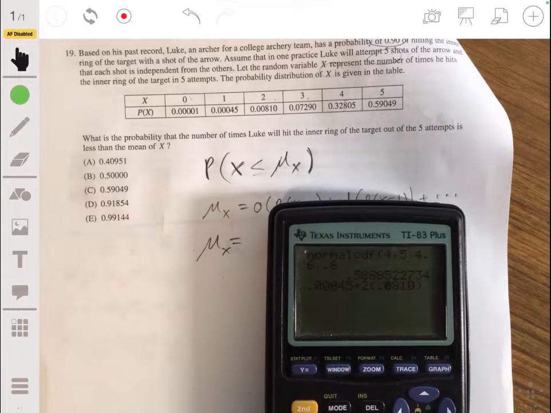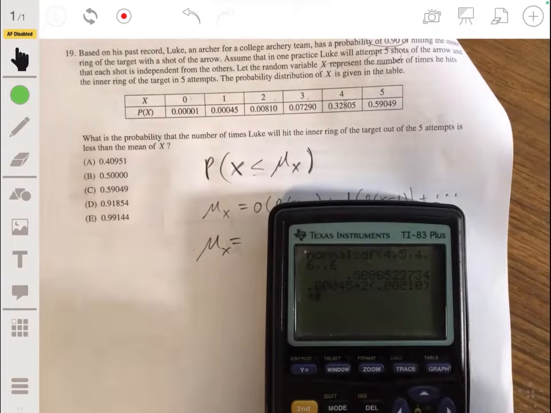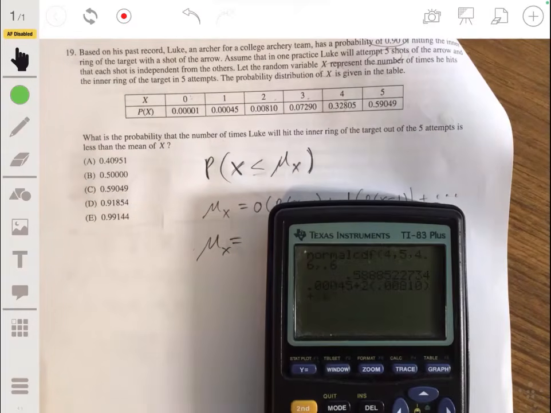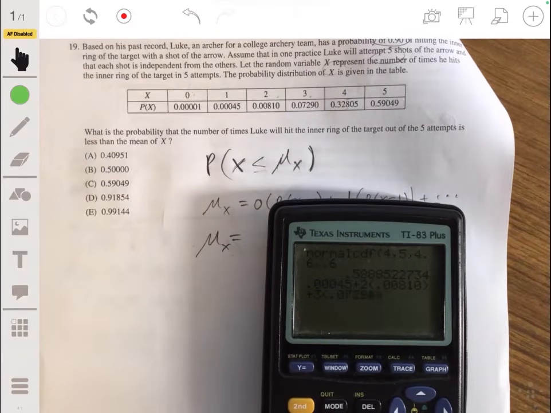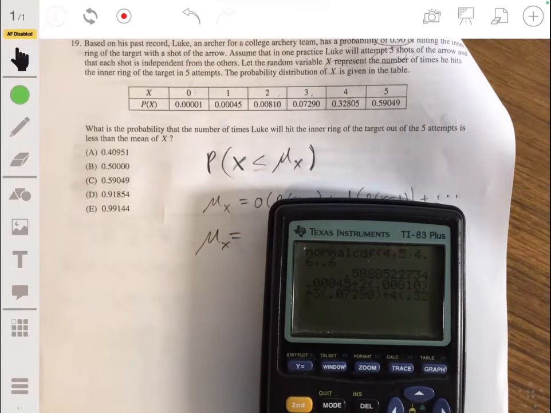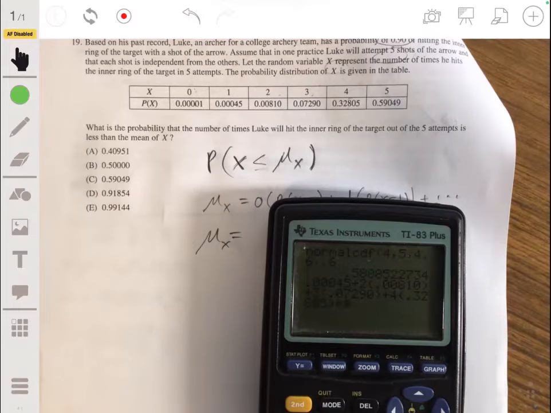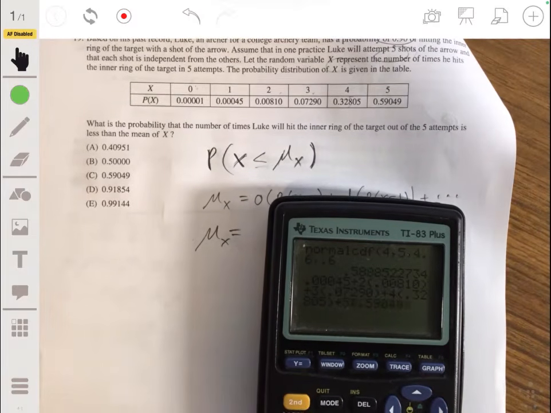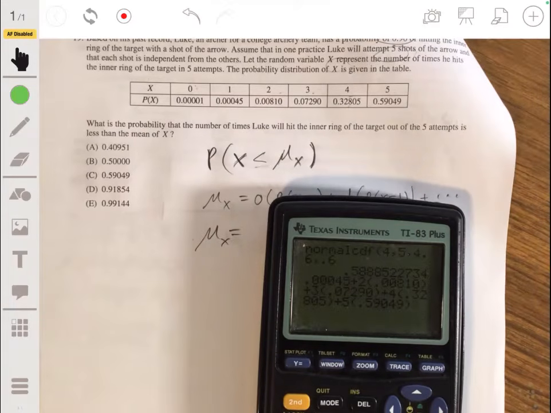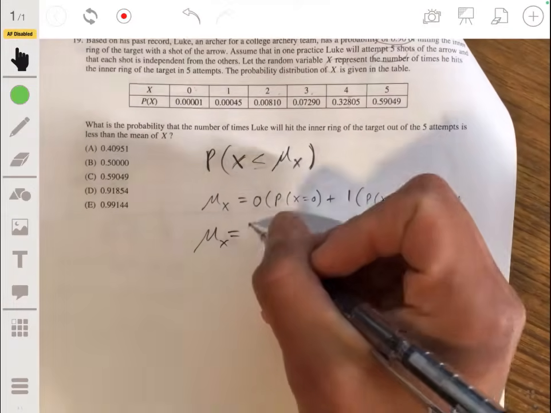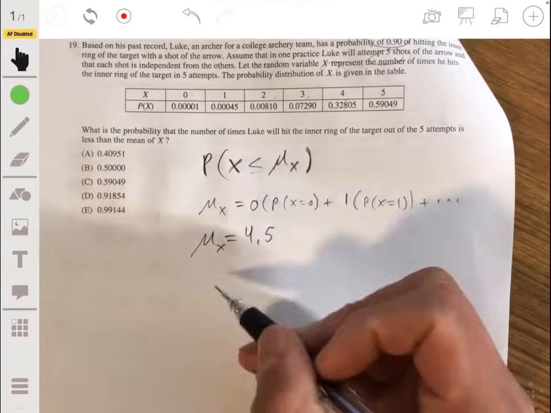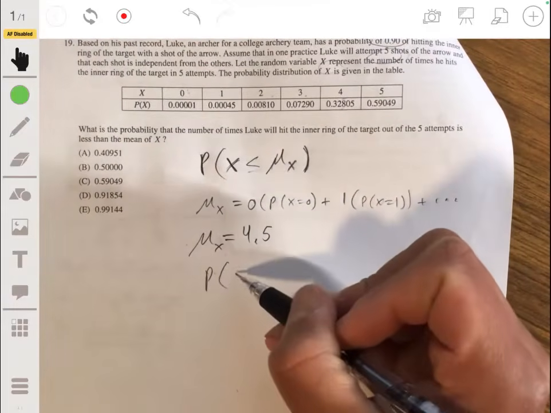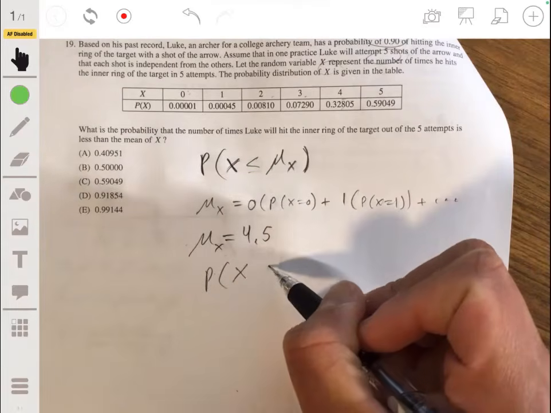Plus 3 times that, 0.07290, plus 4 times 0.32805, plus 5 times 0.59049. And we'll get 4.5. So essentially, we want to find the probability that Luke will hit the inner ring of